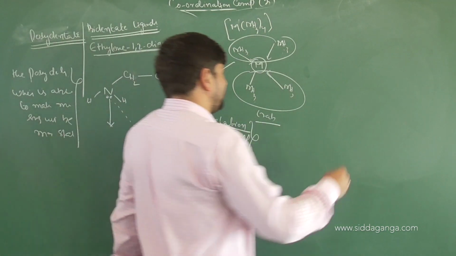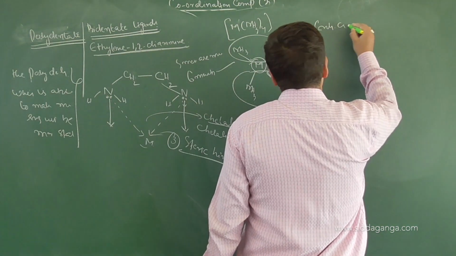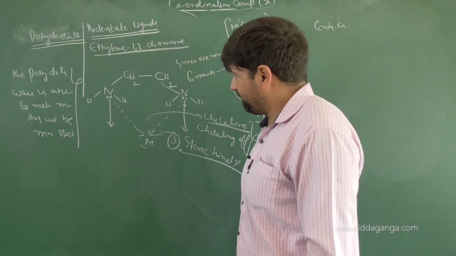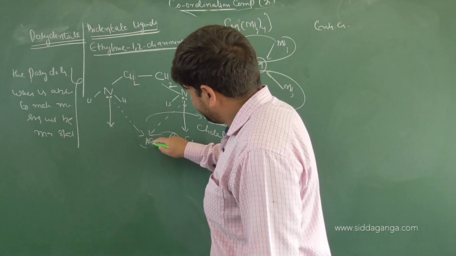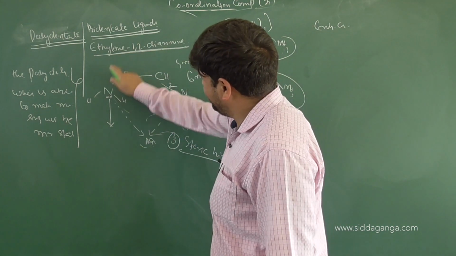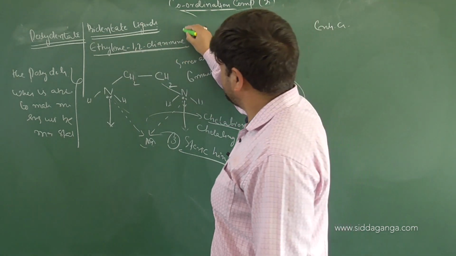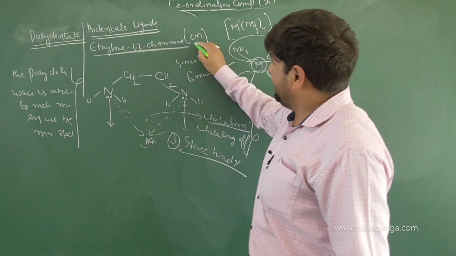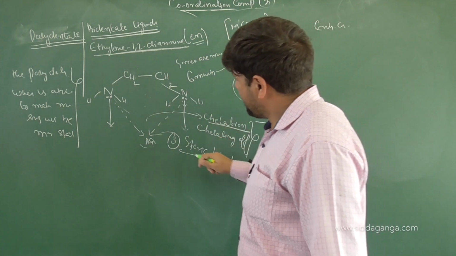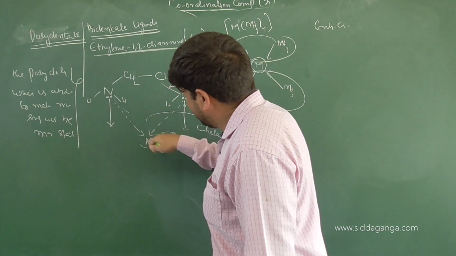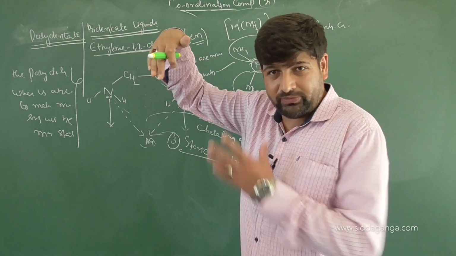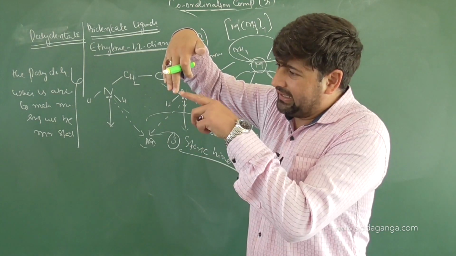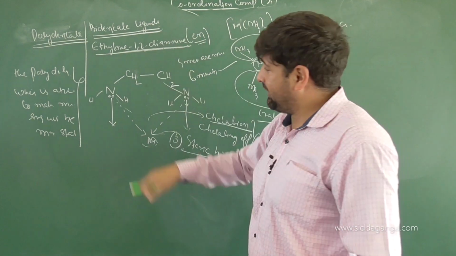Fourth one, a very important one, is entropy consideration. Look here children, this one is thermodynamically governed. How will I explain it to you? Look, suppose with the metal atom there is a bidentate ligand, ethylene 1,2-diamine, or in short we call this EN, ethane diamine. It has made a bond. Suppose one of the nitrogen atoms, meaning one of the arms of this ligand, has donated electrons to the central metal atom, right?